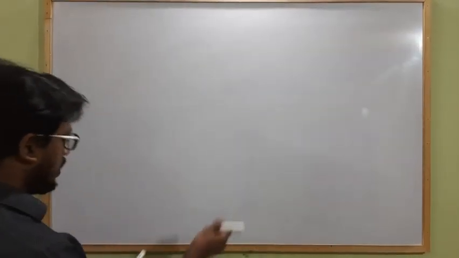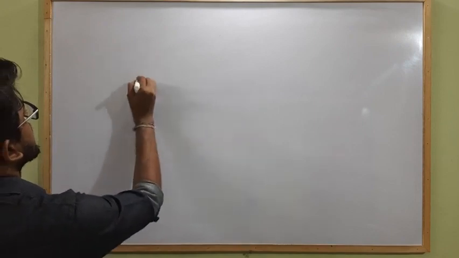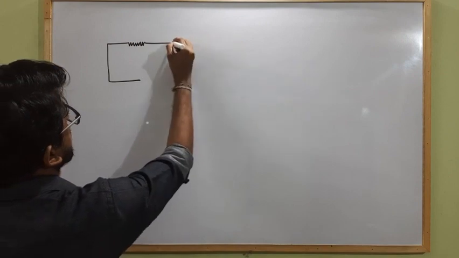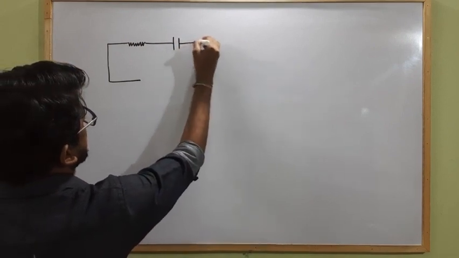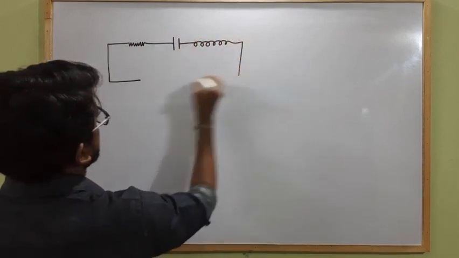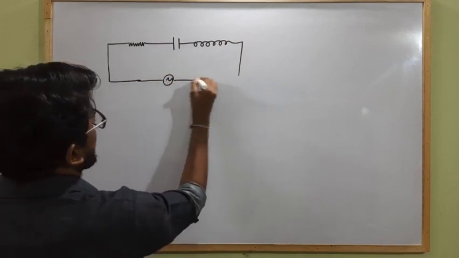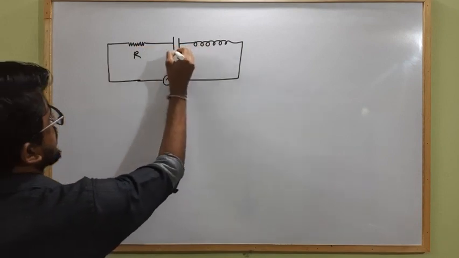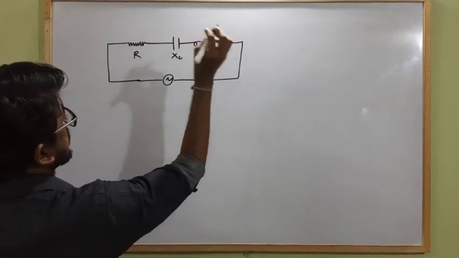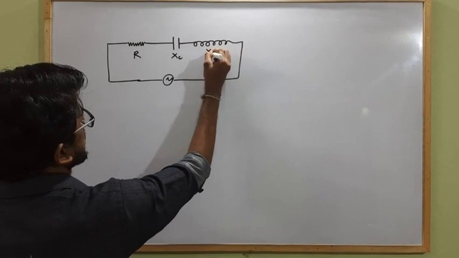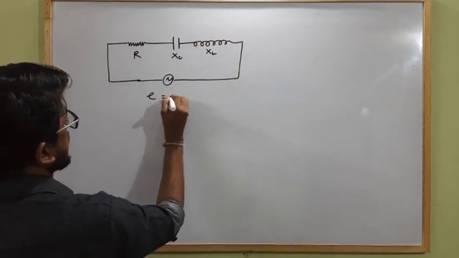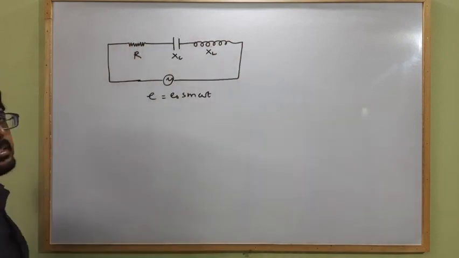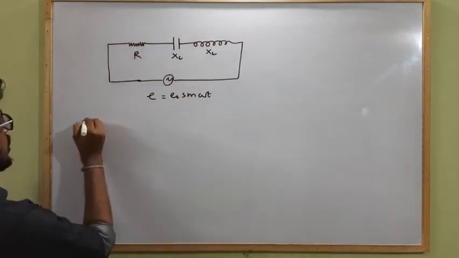So if this is an LCR circuit, with a resistance, a capacitor and an inductor connected across an alternating source. This is the R, it has XC as the capacitive reactance and this is XL as the inductive reactance, and E is given as E naught sin omega t. Everything is given in general format, and from this circuit we have to find